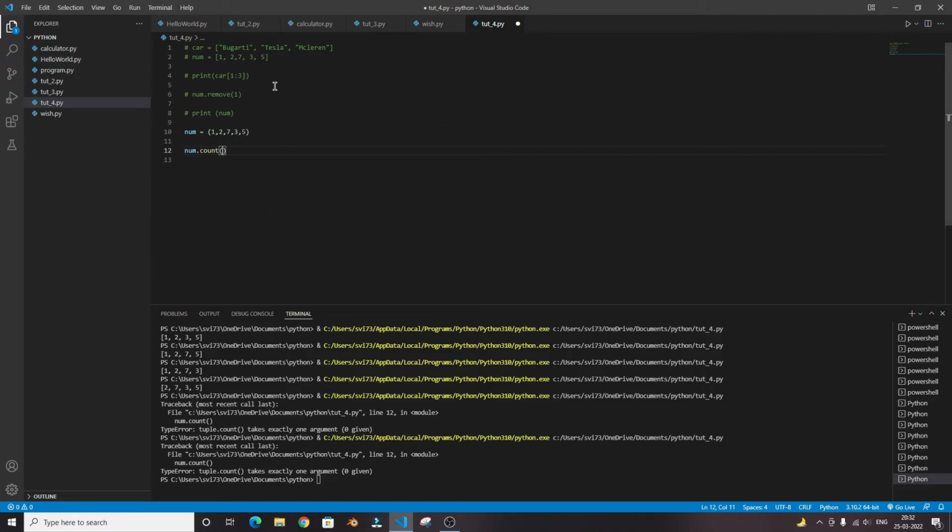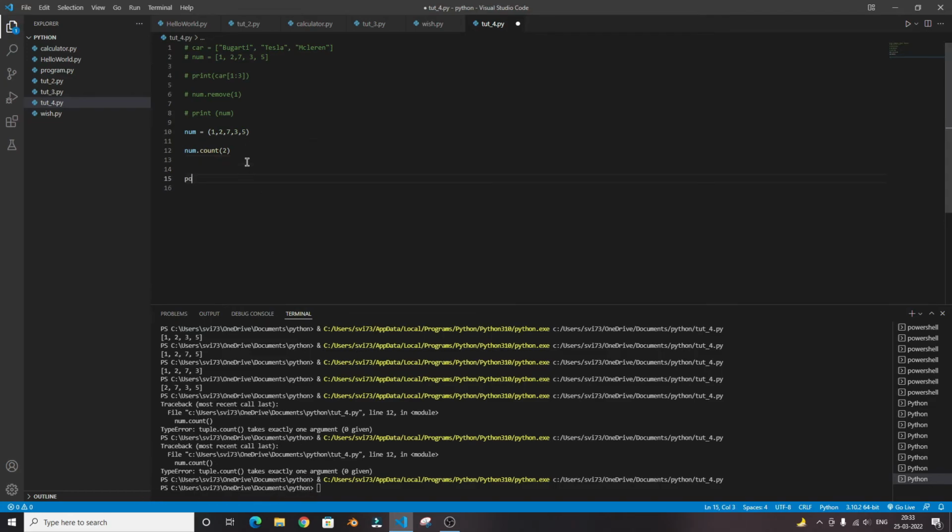If I type 2 in these brackets, what it will do is print the occurrence of 2's in this tuple. So if I print this,